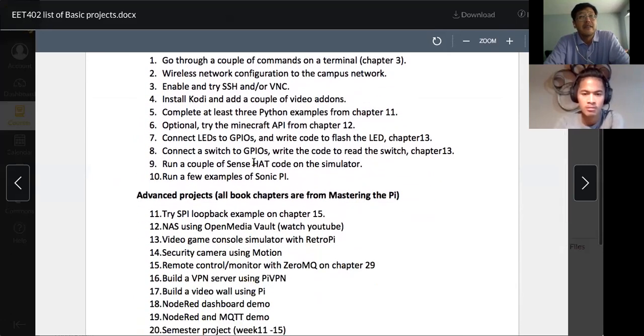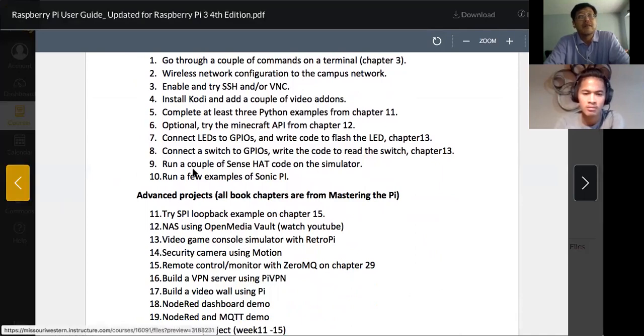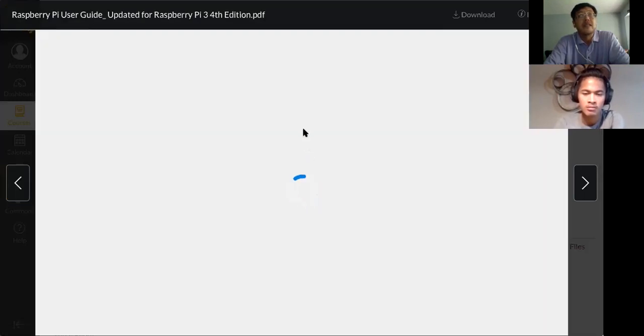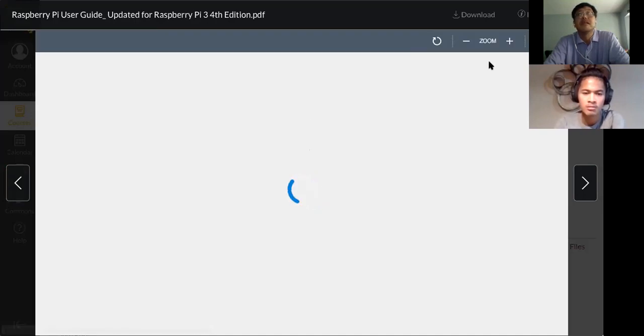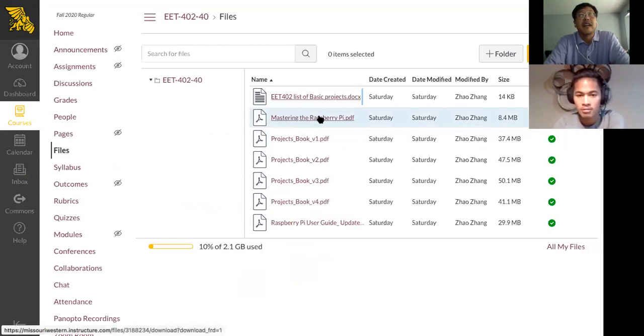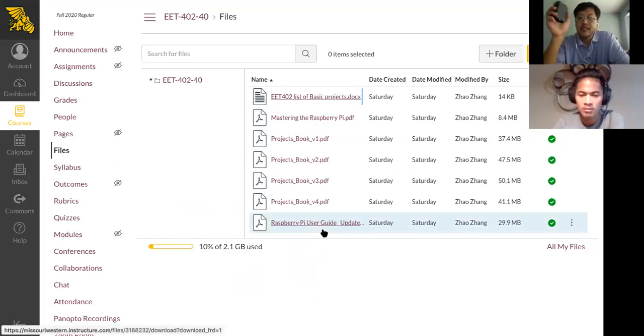There's another 10 from the second book, the more advanced book I'm talking about here. So we will have 10 projects or experiments,